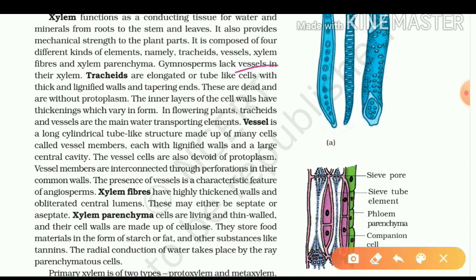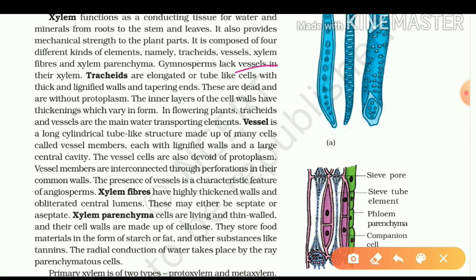So remember this point. We have discussed xylem, how many types of elements are present. Usually tracheids, vessels, xylem fibers as well as xylem parenchyma are present. Whereas in gymnosperms, we have discussed them in the plant kingdom, and here also we are going to discuss gymnosperms, where vessels are absent. Gymnosperms are nothing but naked seeded plants. So guys, in these naked seed plants the vessels are absent in the xylem. So please remember this point.